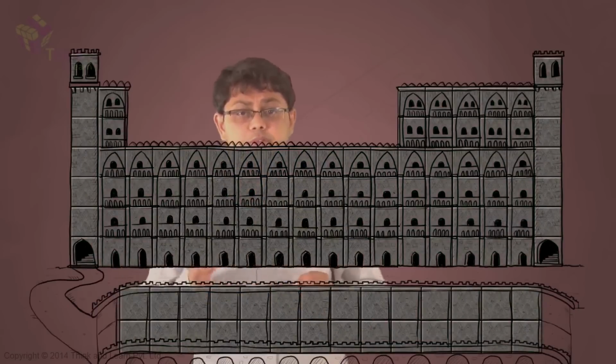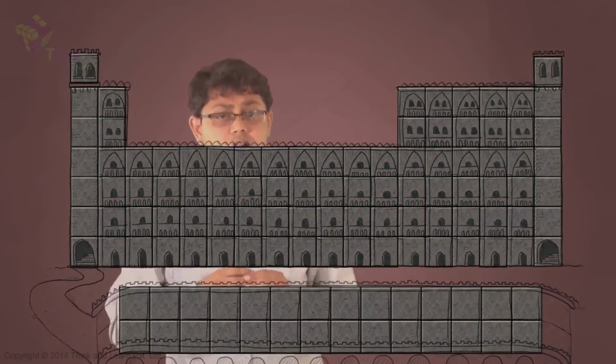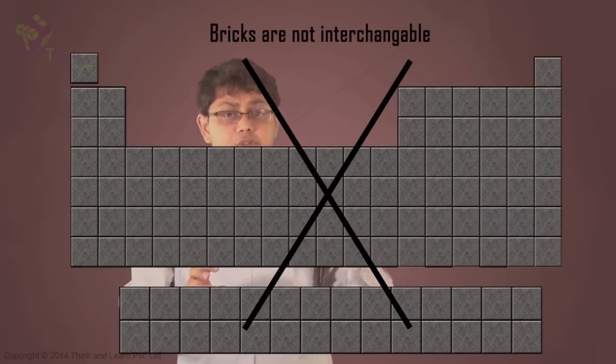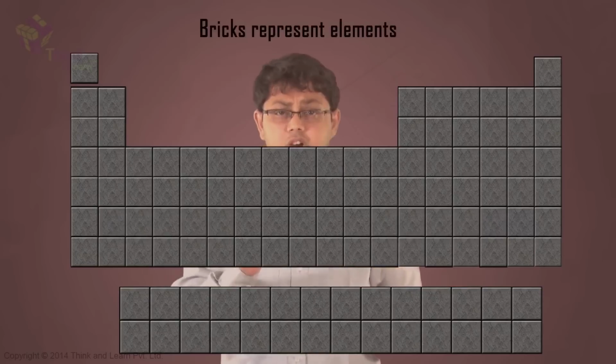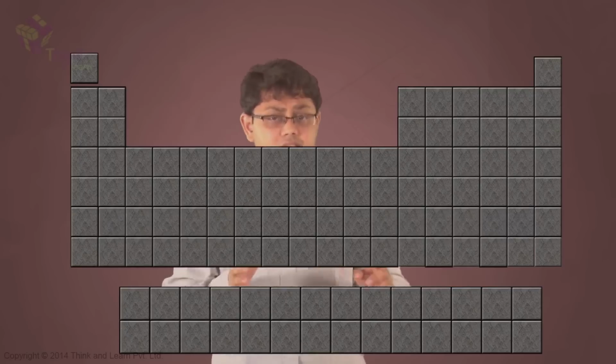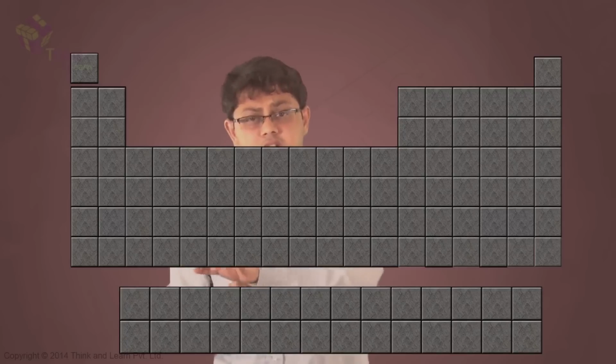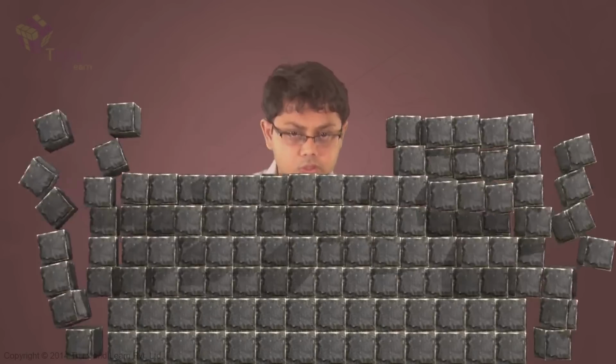The castle is made up of bricks, and the first non-obvious thing about it is that the bricks are not interchangeable. The brick is an element, or a type of substance. As of now, like already discussed, it has 118 elements. And the entire castle would crumble if those bricks did not sit where they do. That's no exaggeration. If scientists determined one element somehow fit into a different slot, or that 2 elements could be swapped, then the entire edifice would tumble down.